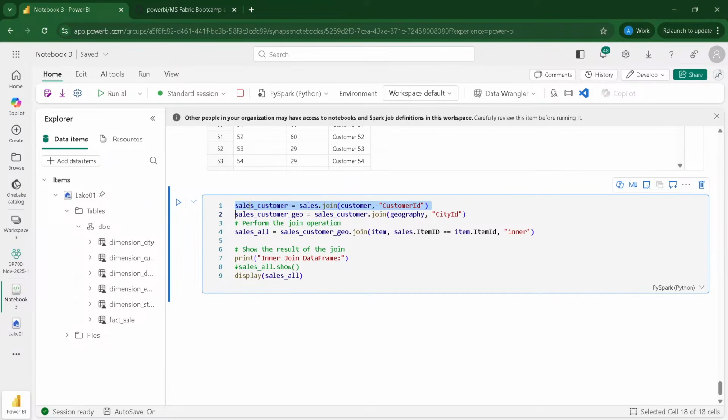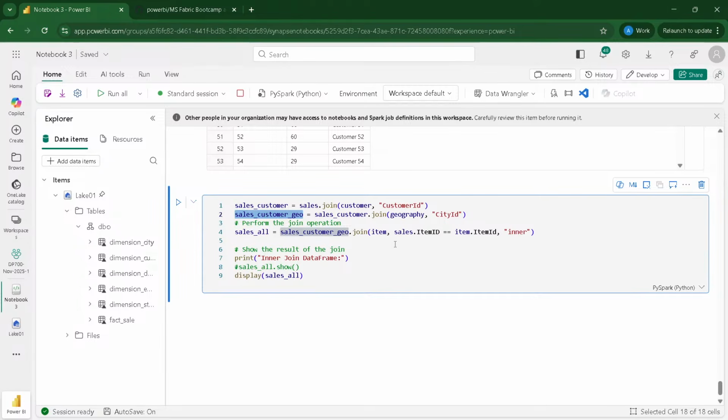Now, the next thing I'm going to do is combine all these tables, because I want to do some analysis. The analysis I want to do is not that I put it onto the lake house and then create a Power BI report. I do want to analyze this in PySpark. For that, I could have done it in one data frame, but just for showcase purposes, I'm first joining my customer table using customer ID, creating customer sales. Then I'm creating customer sales geography by joining them on geography.